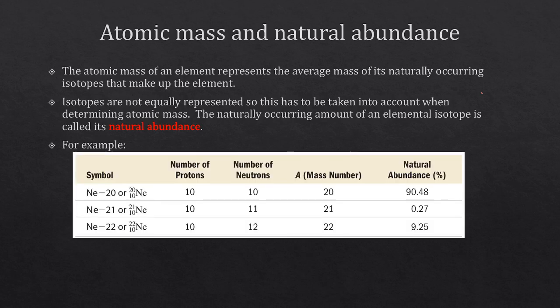So let's take an example for neon. Neon naturally occurs as neon 20, 21, and 22. And the variation between these is